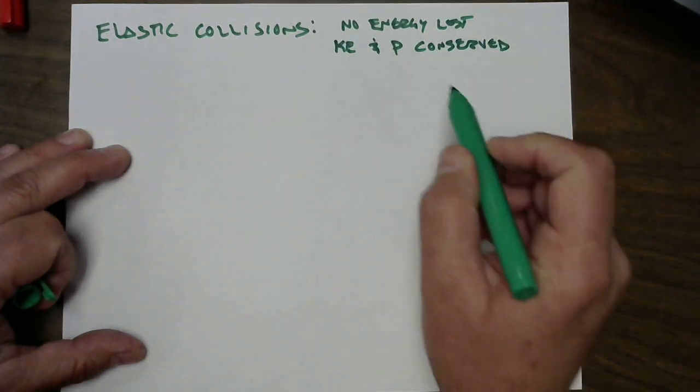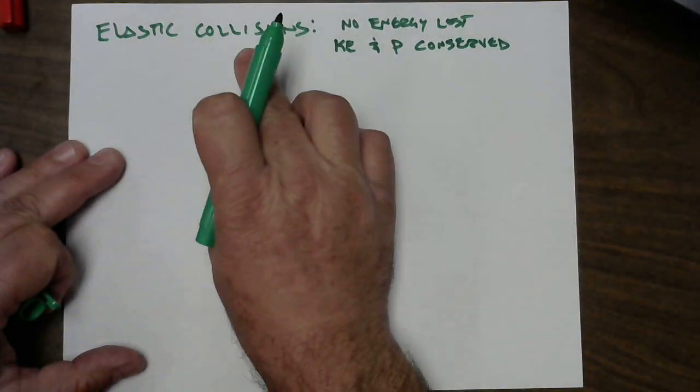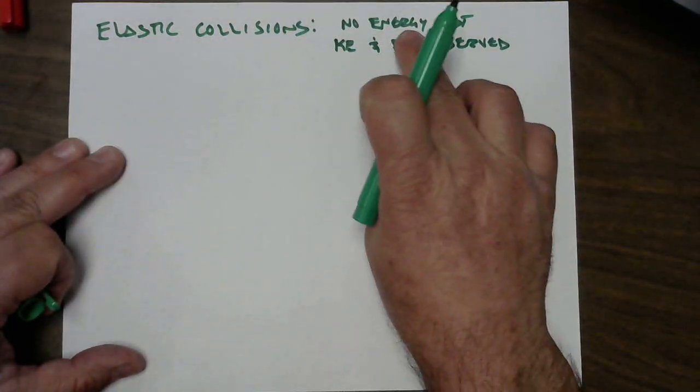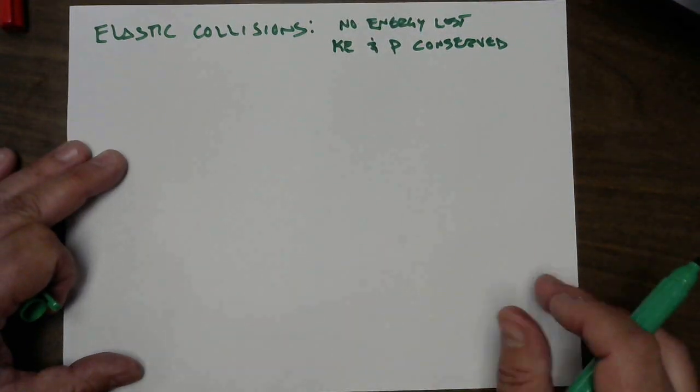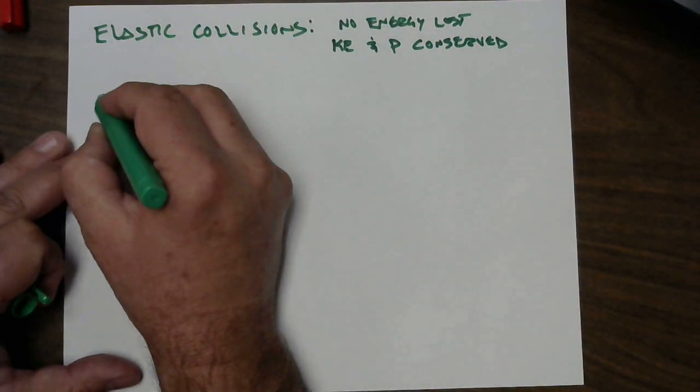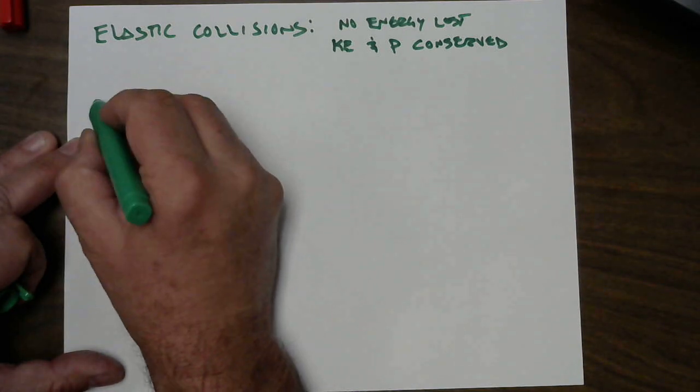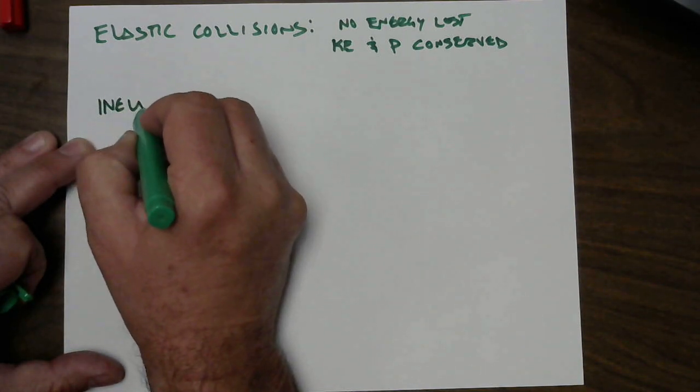In this case, elastic refers to the fact that they always bounce off each other in an elastic collision. The word elastic means no energy loss, but you can spot an elastic collision because things bounce off each other. However, every collision where things bounce off each other is not necessarily an elastic collision. In inelastic collisions,